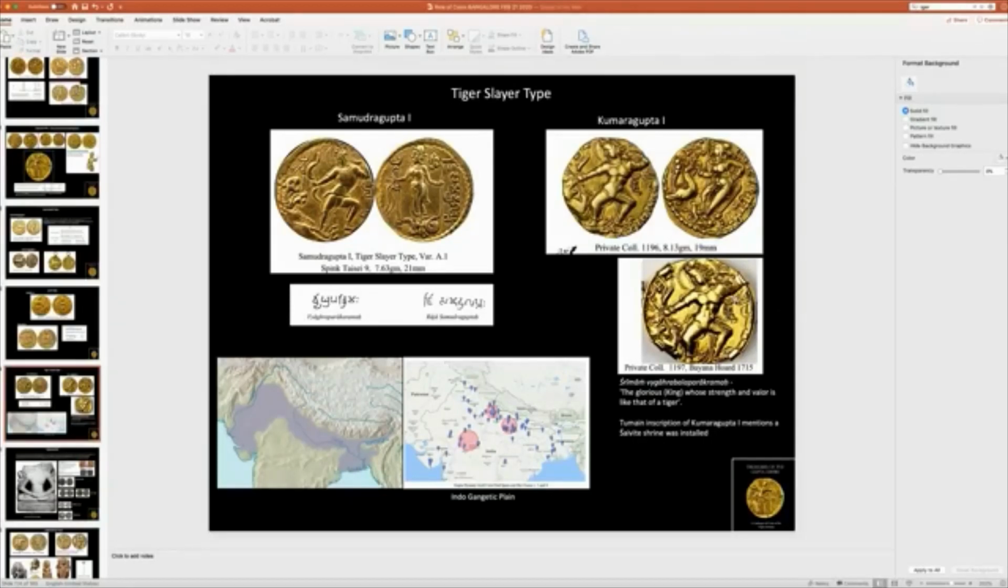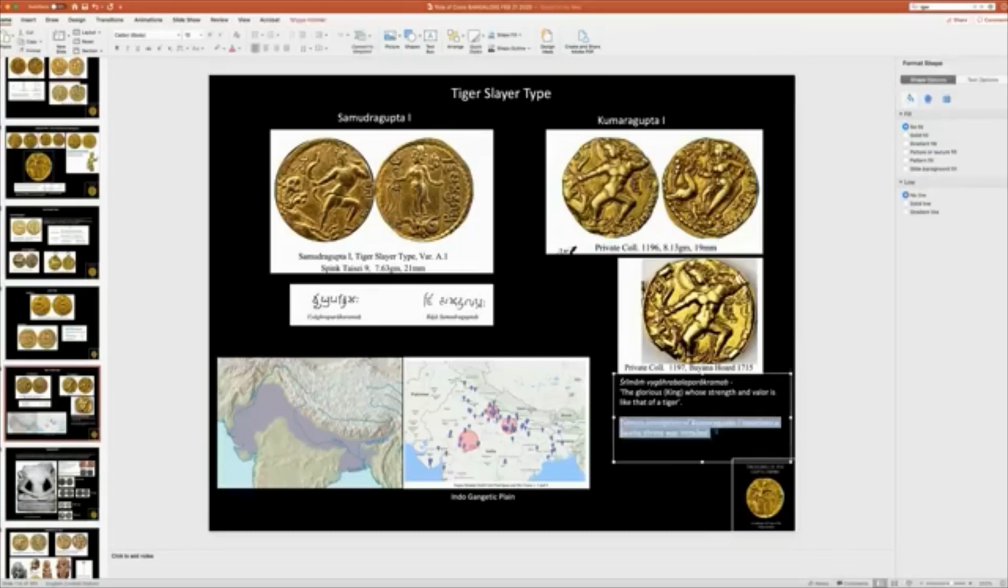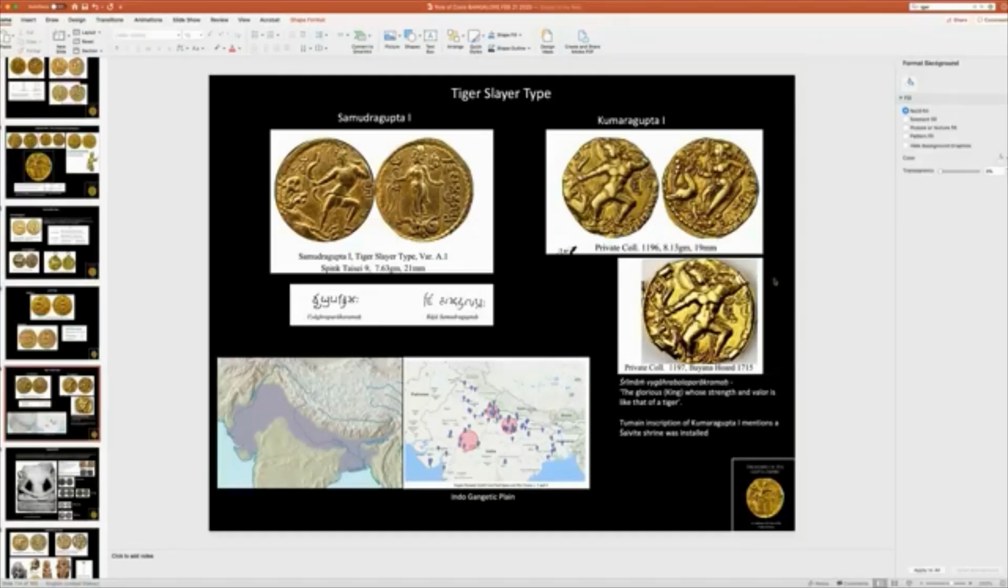And this is another coin. The reason I put this image is because here we can see the Bala Chandradhwaj, the crescent standard right here. The tiger is falling very clearly, right? Okay, so this is the tiger type. Now, I mentioned the main inscription of Kumaragupta I talks about how he had installed a Shaivite shrine. And the fact that he was a worshipper of Shiva also, while being a Vaishnavite,